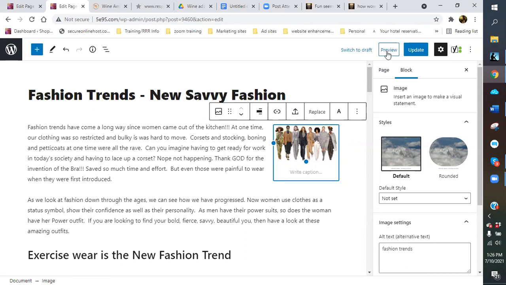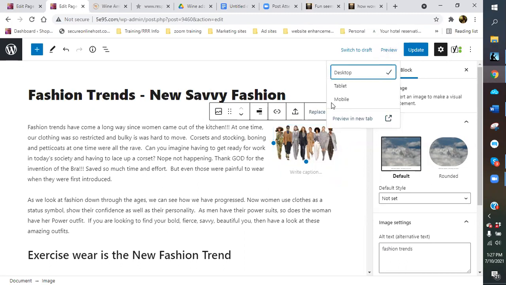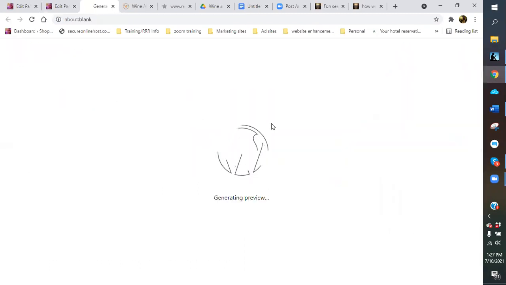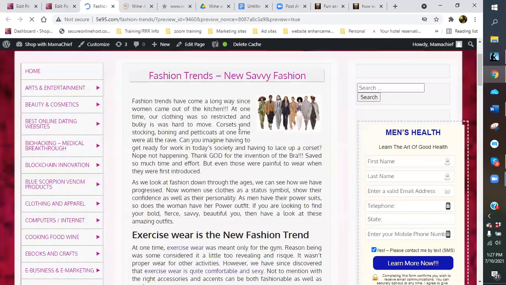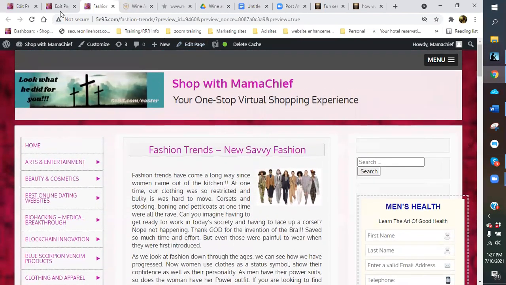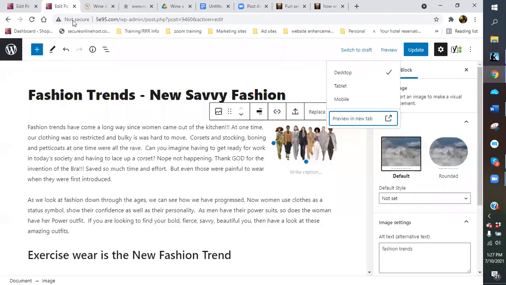If you want to see how it looks, if you click on preview and do desktop in a different tab, it'll show you what it's going to look like, so that it actually does wrap when you do the preview. What you have to remember is when you are in edit mode, it shows straight content. It doesn't show the actual viewable screen. So that's why you always want to click on your preview, and you can see preview in whatever category.